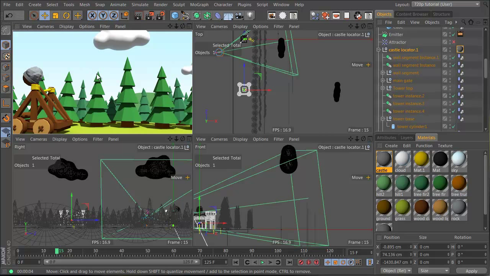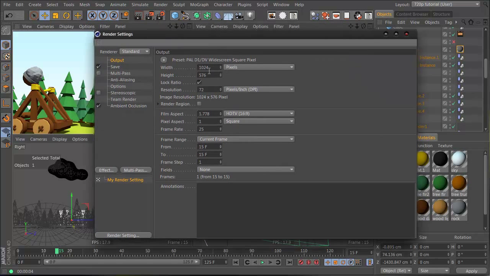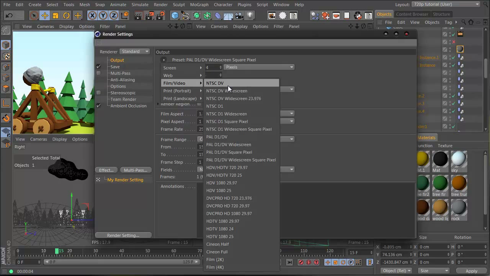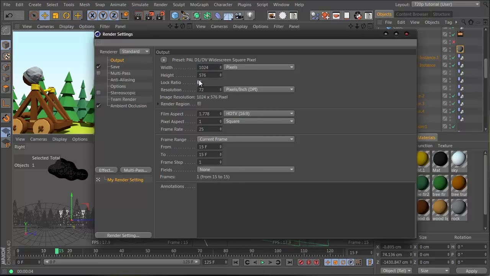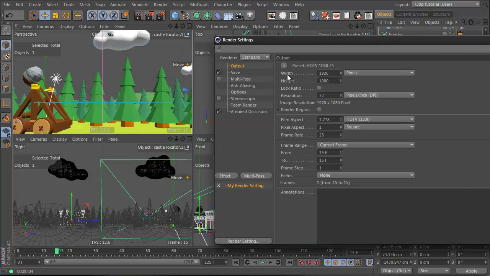Okay, one more thing I'm going to go over is just how to render it. Let's go to our render settings, which are over here. Try to keep your render settings in 16:9. So if you go here and go to film video, pick something like HDV 1080-25, or just plug it in yourself. Turn off this lock ratio, plug in 1920 by 1080, and you will have a 16:9 ratio. And then if you want to make it smaller, just tick this button and you can go to 1024 or